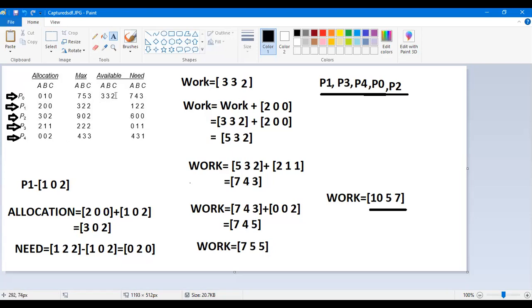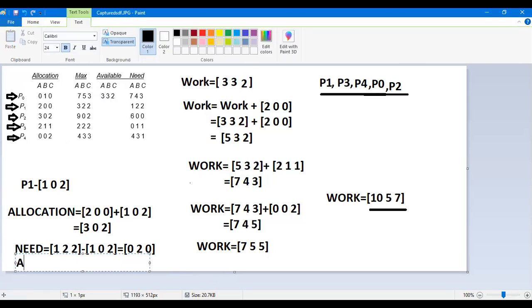Whether your available will be changed or not? Yes, because we are giving some values from the availability. That's why your available will also be reduced. Your new available will be: available was 332.